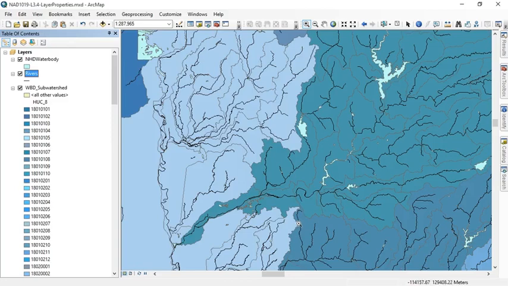A lot of times people create separate copies of data with all these conditions, and then they have to worry about what happens when they need to change information in one or the other because they're functionally the same data set, but one only has the rivers that are greater than 5 square kilometers in drainage area, and the other has all their rivers. So just to prove what we just did, I'm going to go to the attribute table now,